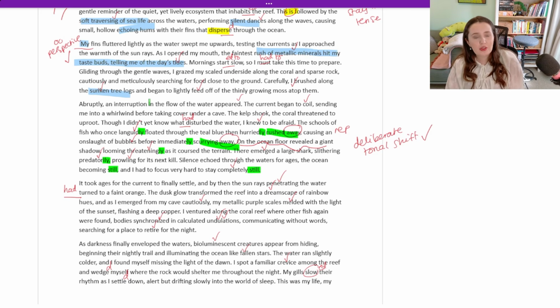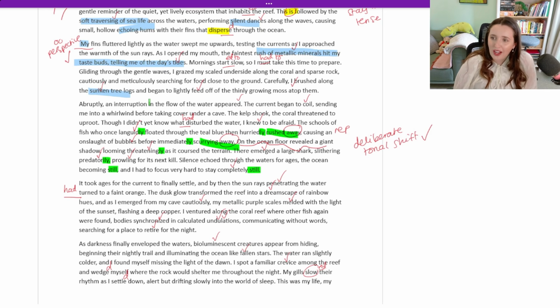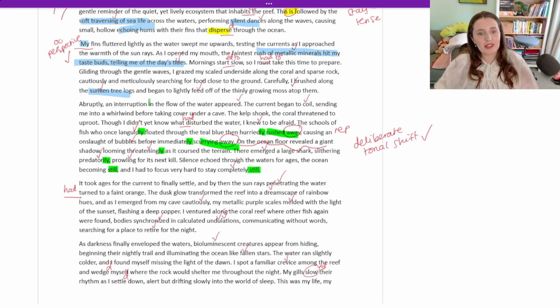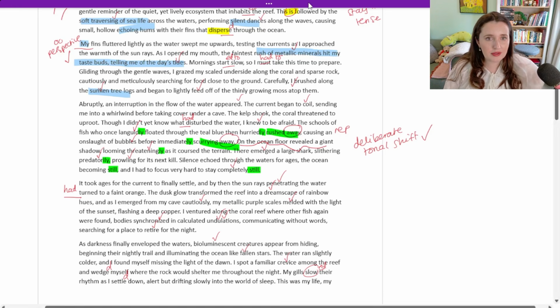Try to remove some of your adverbs and think about how you can have punchier and more precise verbs and nouns. I don't subscribe to no adverbs at all, but I do think maybe limiting them sometimes can be useful to help you use better nouns and verbs. Okay, so